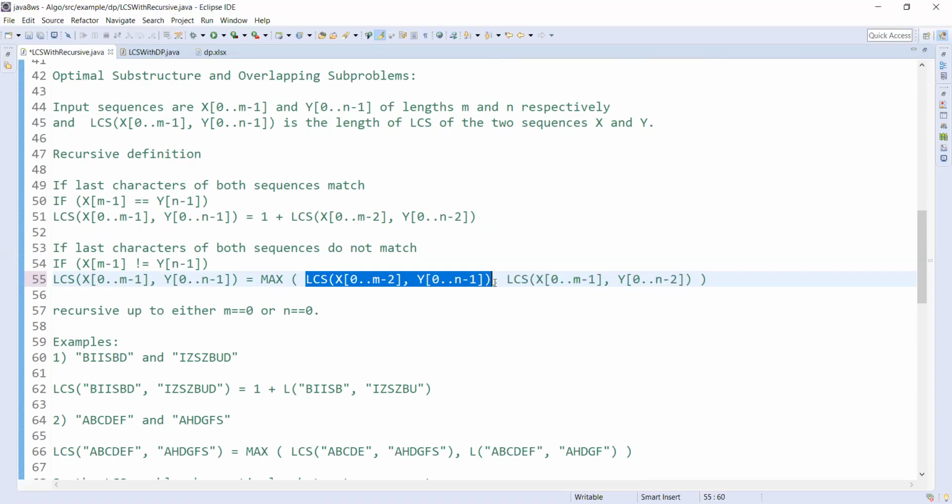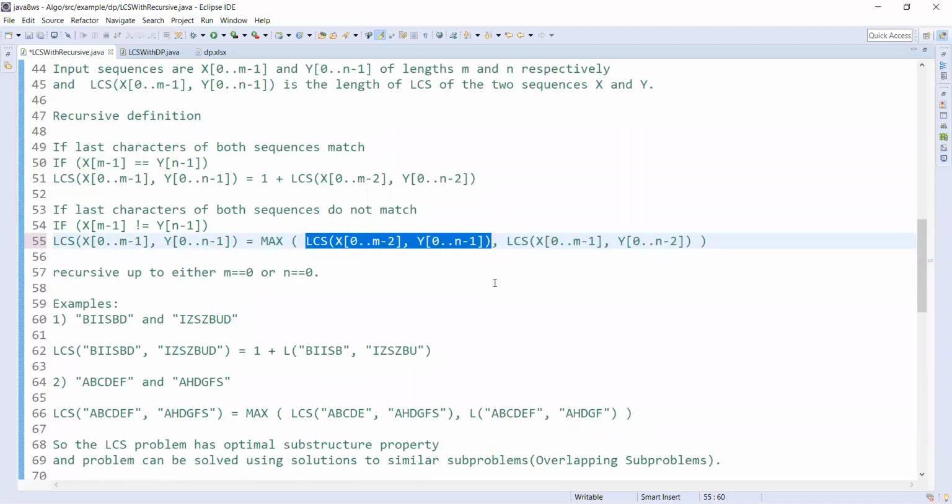We are just comparing the last character. When we compare the last character, we just see whether it matches. If it matches, we just add 1 to the already calculated longest common subsequence. If they don't match, we take the maximum of the calculated ones from before that character, which means the maximum from both subsequences. That will be the maximum because the last character didn't match.